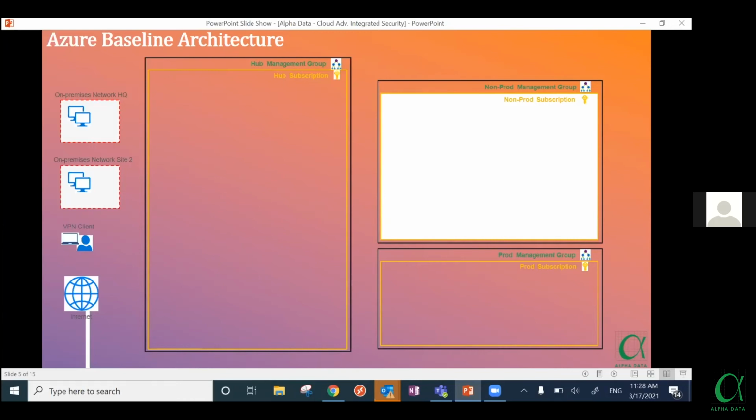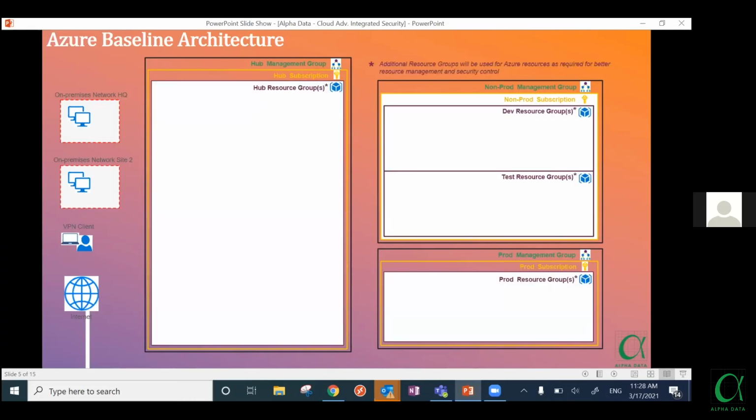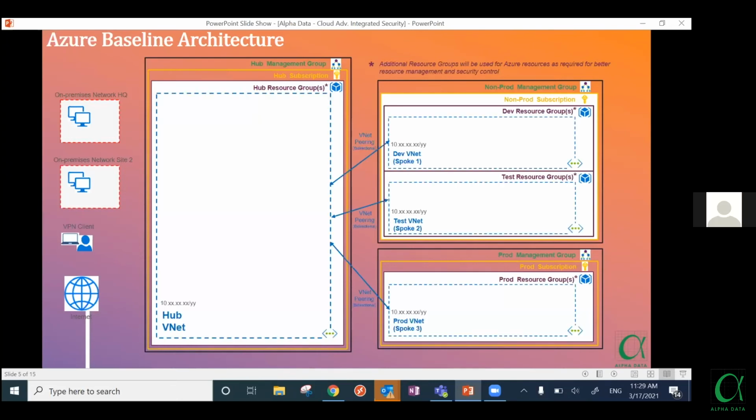So once you link the management group with the subscription, you then deploy your resource groups. Your resource groups are nothing but logical containers in which you host all of your services. These services are called resources in Azure, and these resources can be computing in nature, or networking in nature, or storage in nature. It can be any type of resource, right? So these resources will be deployed.